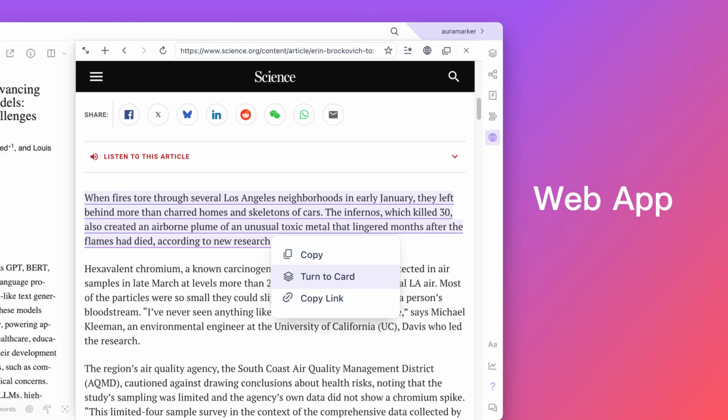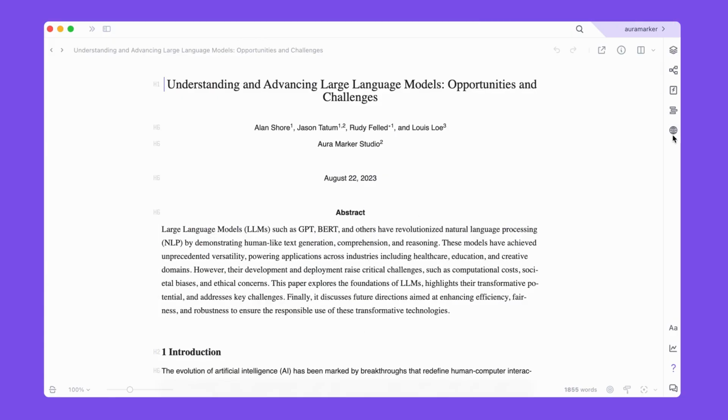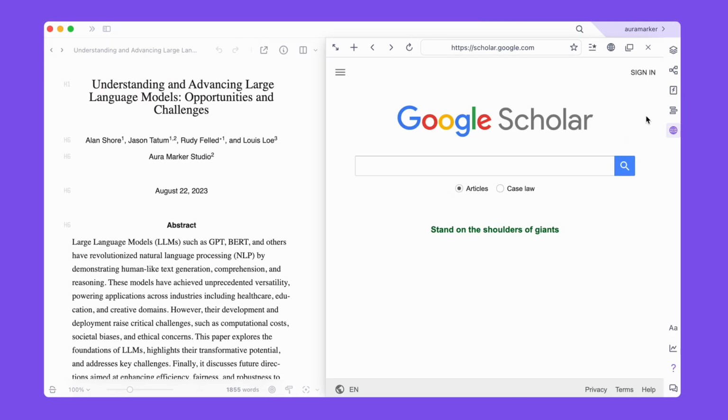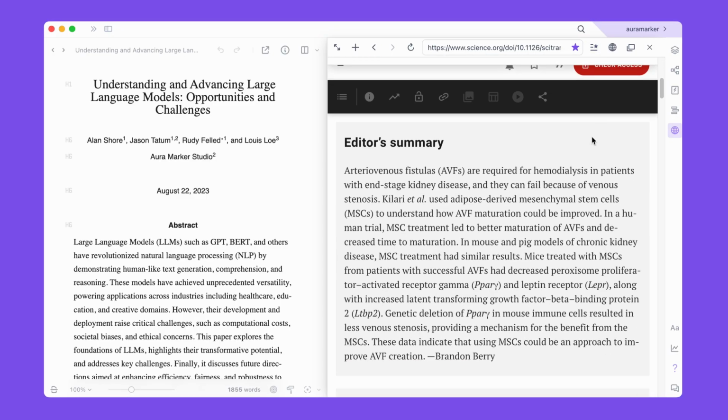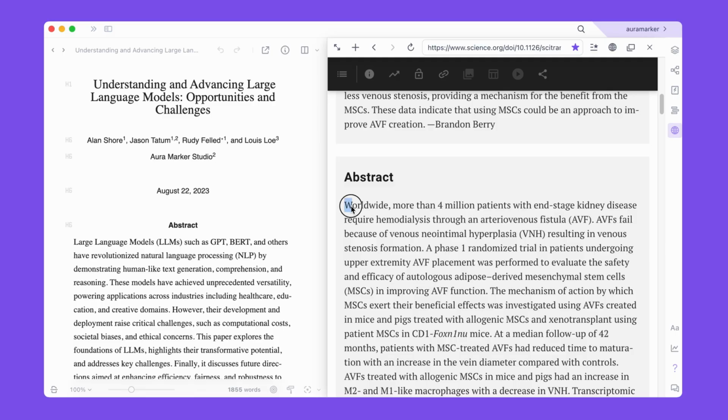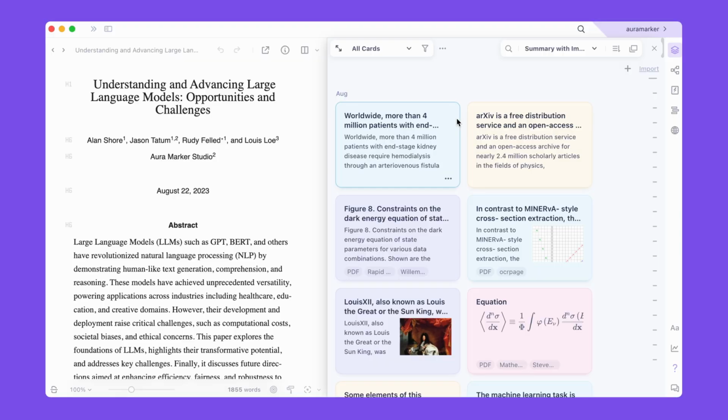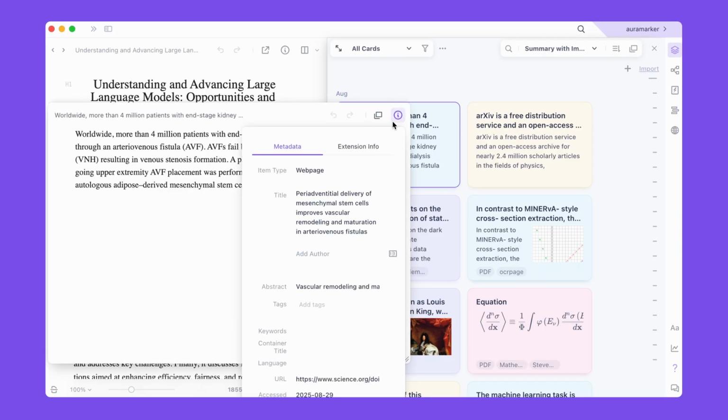Lattics Web app supports the extraction and backtracking of online content. In the Web app panel, you can access various academic websites to browse information and extract valuable content as cards. During extraction, the system automatically records metadata such as the source, web page's title, and URL, which is saved in